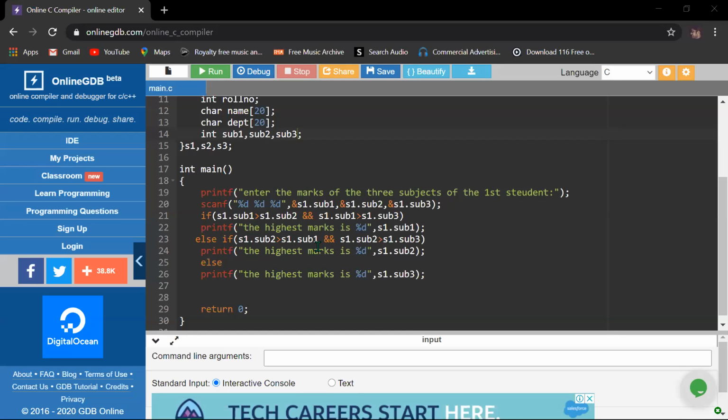So all these 6 pieces of information for 3 different students means a total of 18 pieces of information.